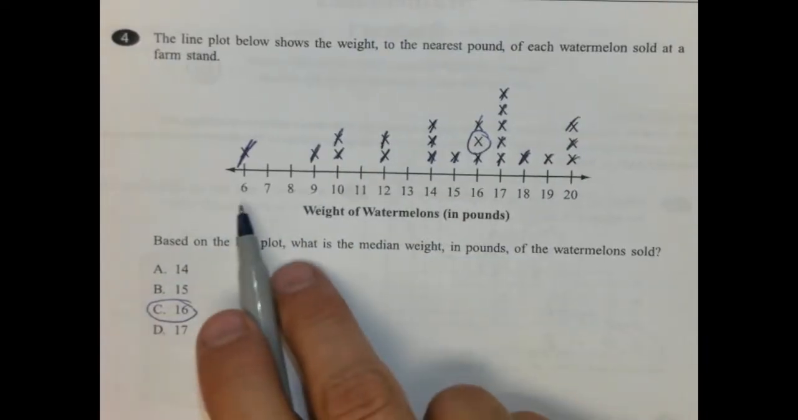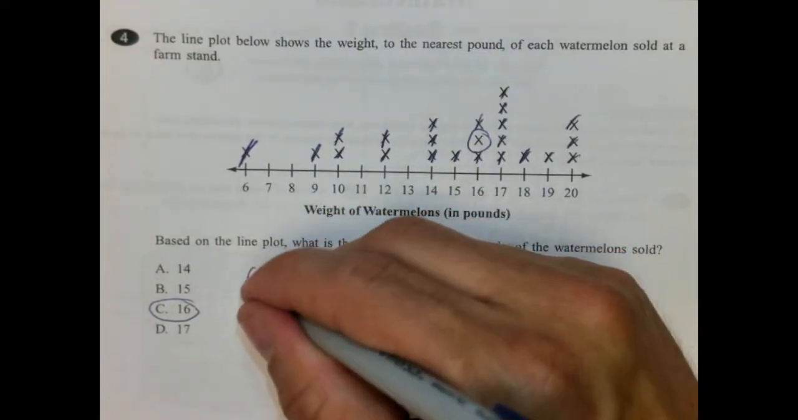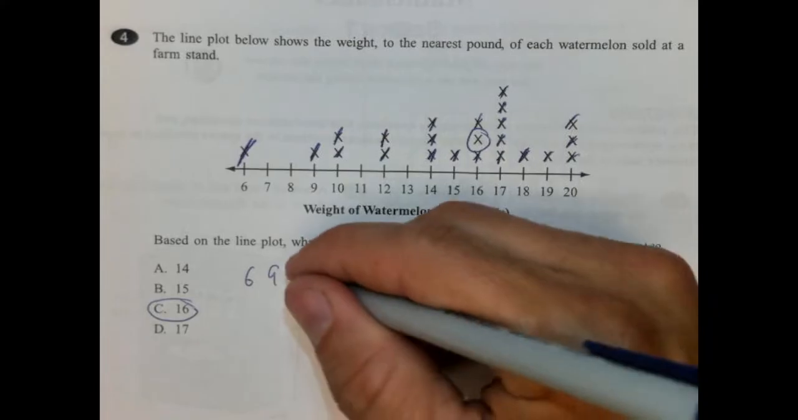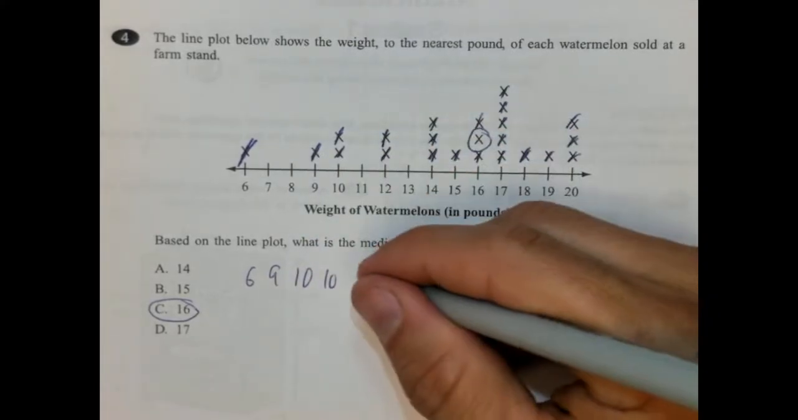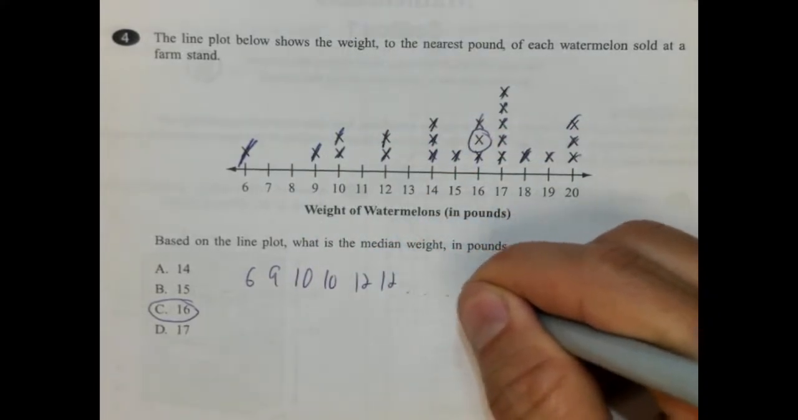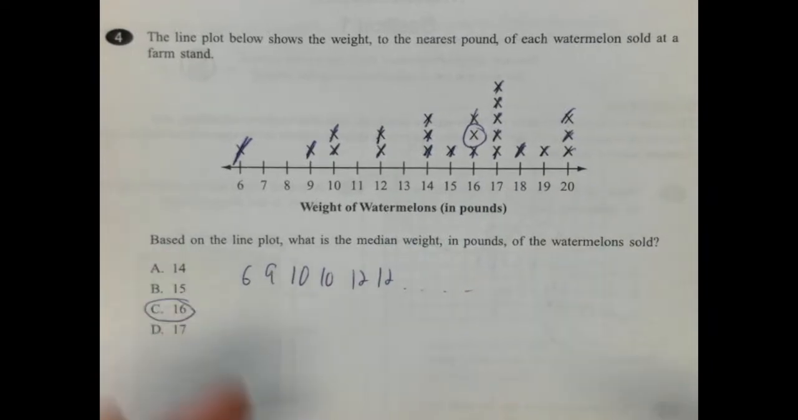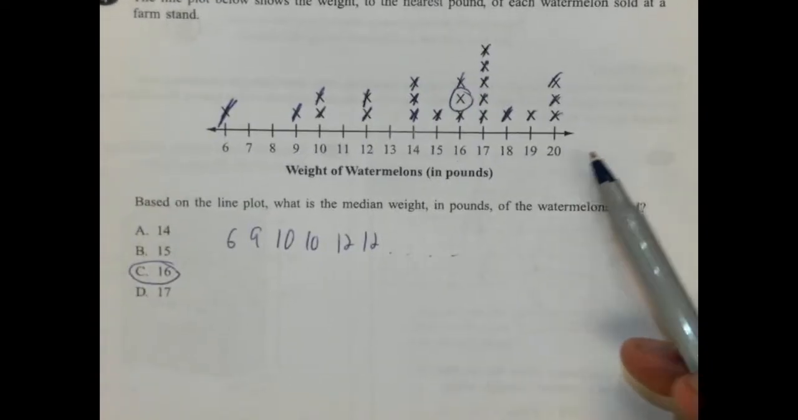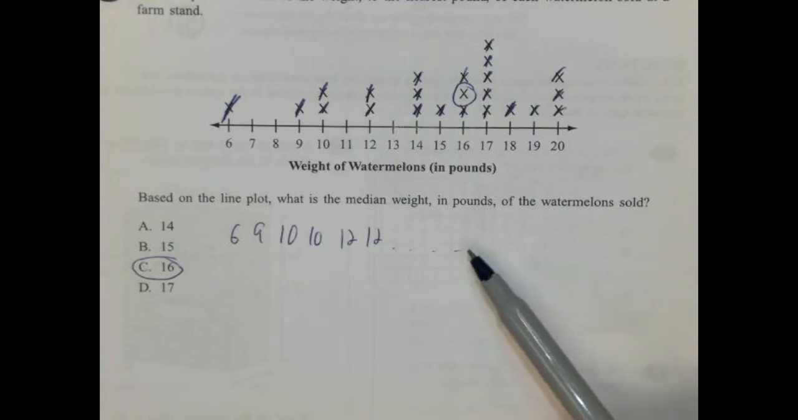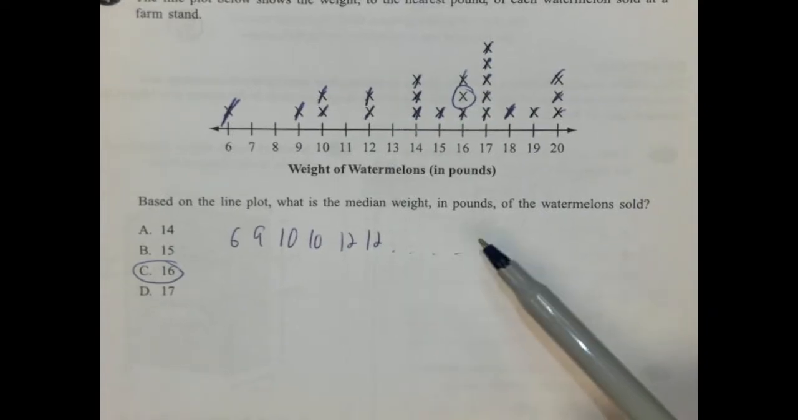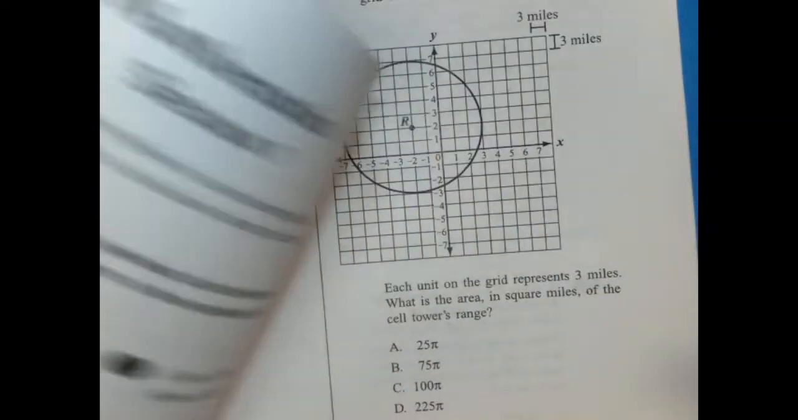The other way you could do it is just list these out. I'm not going to do the whole thing, but you could say 6, 9, 2 10s, 2 12s, etc., and write them all out and then cross out low, high. But you can also do it right on the sheet. I did it both ways when I originally did this. All right,